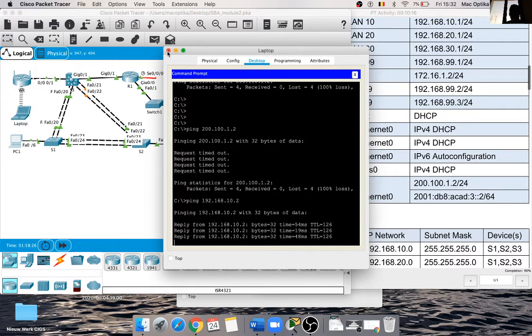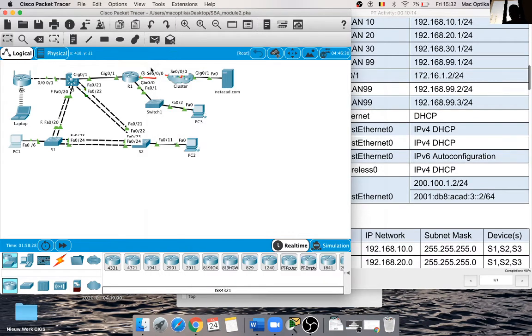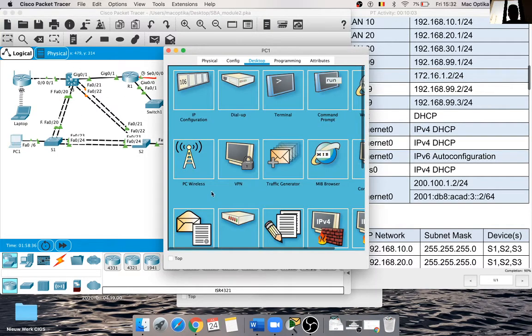Okay, so it means it's working. Here it's working. Here it's working. Okay, here no. This part is working, but the router,